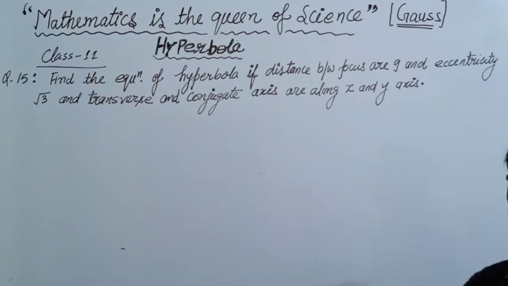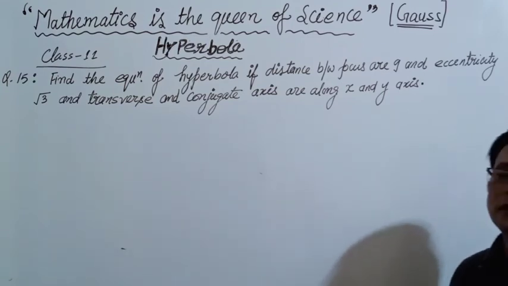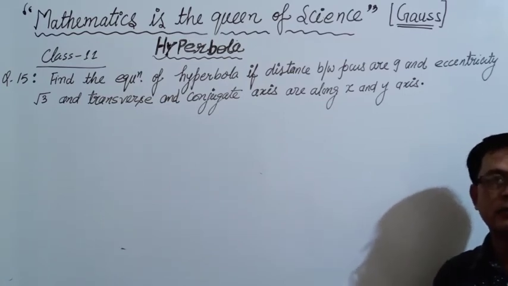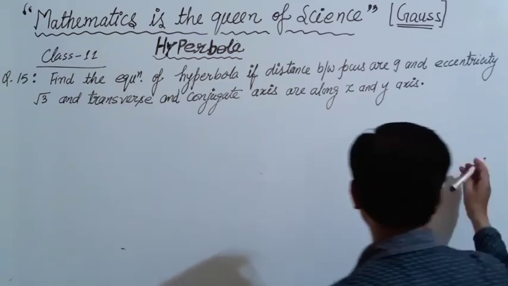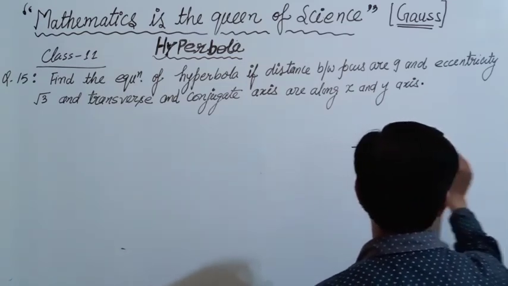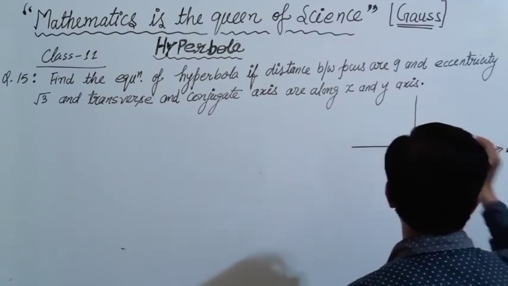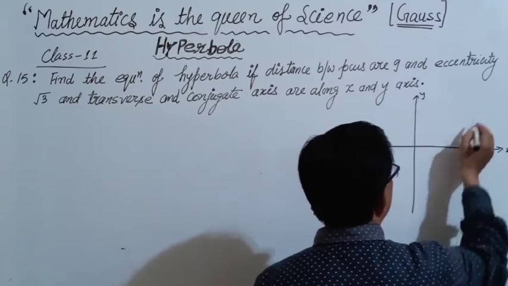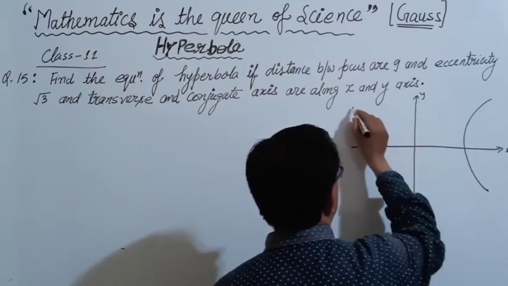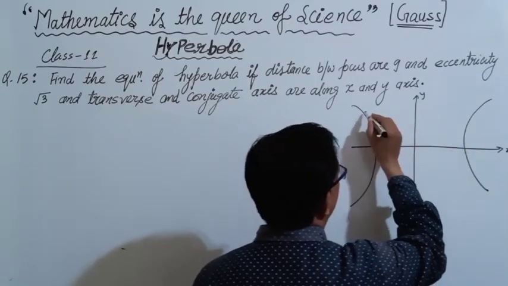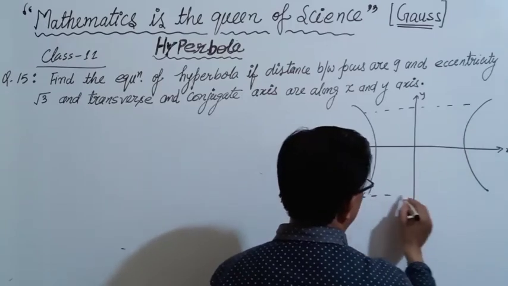There are two axes in a hyperbola. One is the transverse axis and the other is the conjugate axis. If the transverse axis is along the x axis, it means our hyperbola is in standard form. Okay, let us draw a small diagram for you so that everything is clear. This is your x axis and this is your y axis. So our hyperbola is in this direction. This is your hyperbola. So this is your transverse axis and this is your conjugate axis.